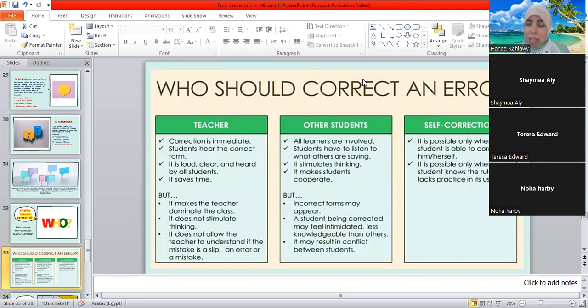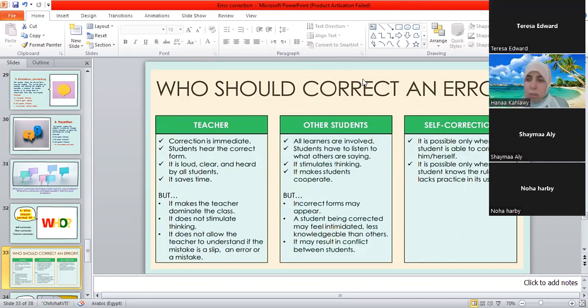Each way has advantages and disadvantages. When I encourage students to correct each other, some students may feel embarrassed or disappointed because my classmate corrects me. But students are really involved, we have cooperation between them, and they can think and reflect on the errors.